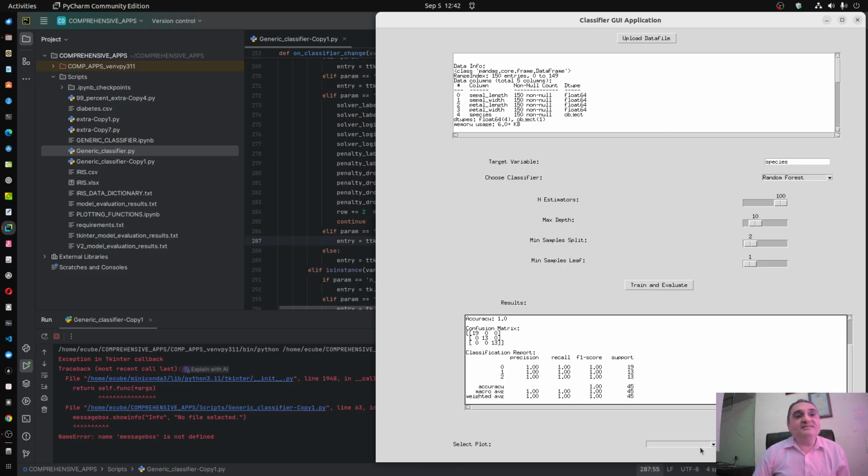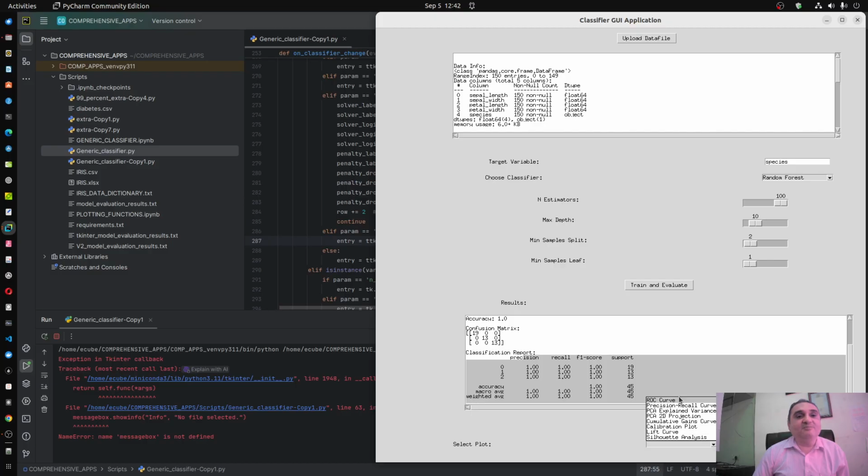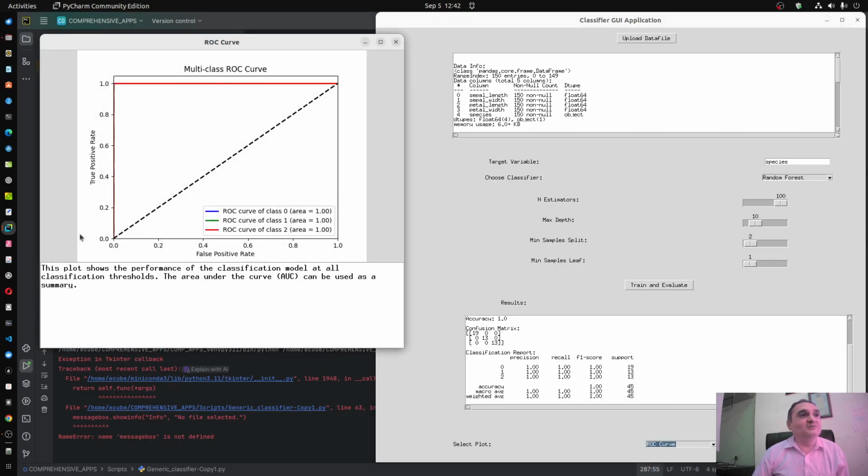Okay, these are the statistical results, and now let us plot some curves. So the ROC curve. Now this dotted black line, we all know, is the coin toss accuracy, 50-50%, and this red line is the ROC curve of our model, and obviously it is the ideal model with 100% accuracy.